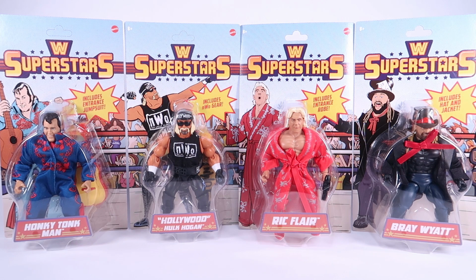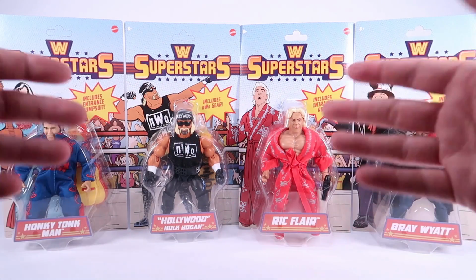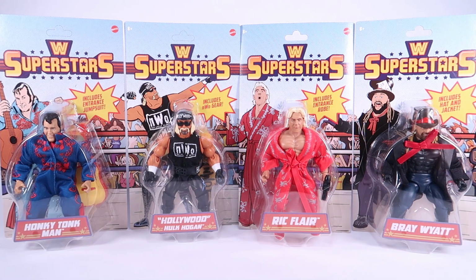So they're the same scale, they're the same articulation, they should be the same mix and match compatibility, but now we've ditched the Masters of the Universe kind of nods, and we've gone full on WWE wrestlers, and it's from all the different generations. So Wave 1 gives us the Honky Tonk Man, Hollywood Hulk Hogan, Ric Flair, woo, and